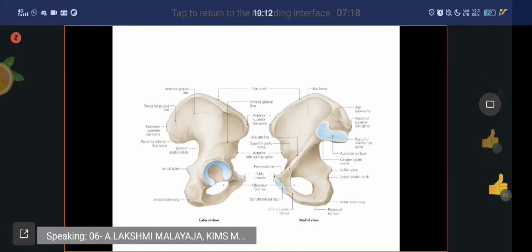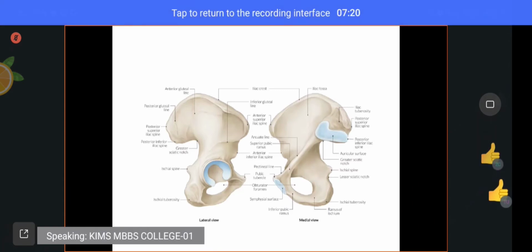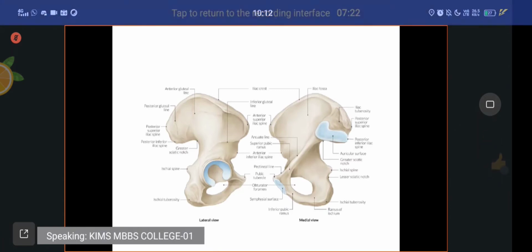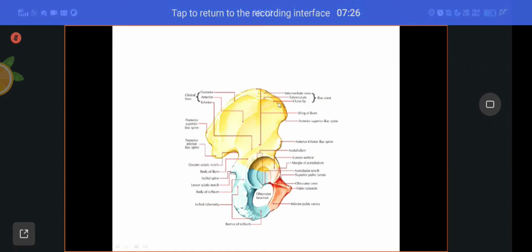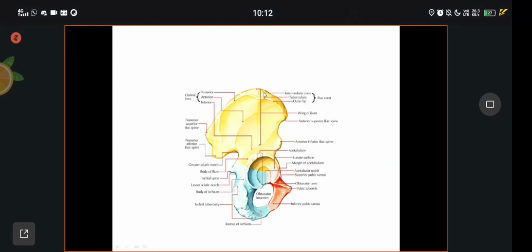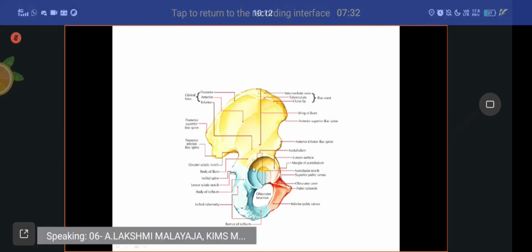Yes, sir. Yes, right. So what did I tell you? I am only discussing the part of the hip bone, that is the ilium. It has an upper end which is forming the iliac crest. The lower end is forming the